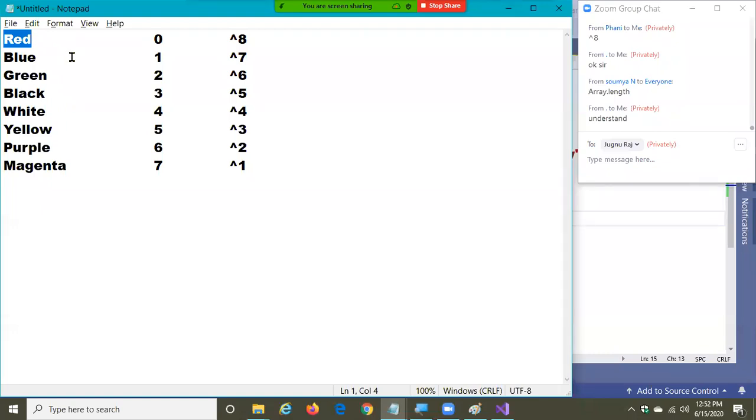Okay, in the new concept, we were calling this an index, and now we call these indices. Now this is going to be the caret of 8, and the last value will be 1. First value will be array.length, last value will be 1. This is a new style they introduced for accessing the values.